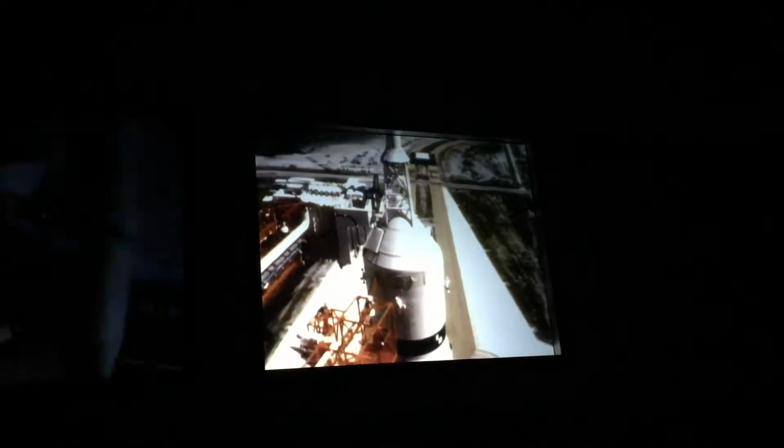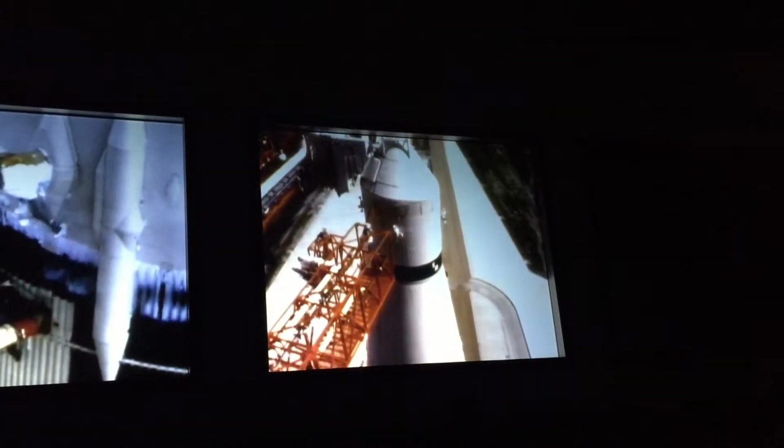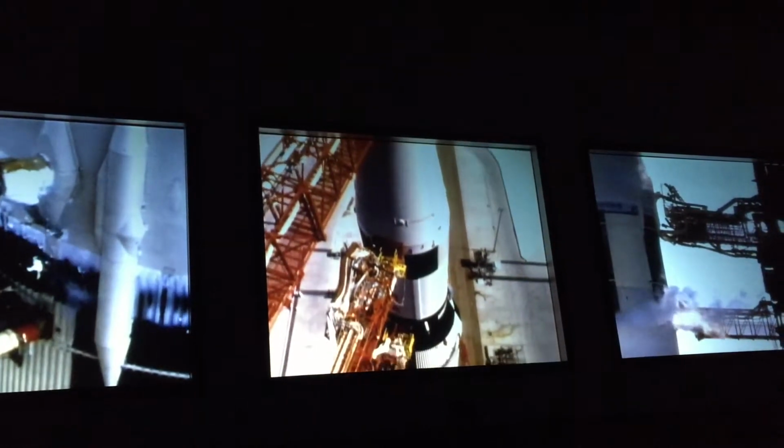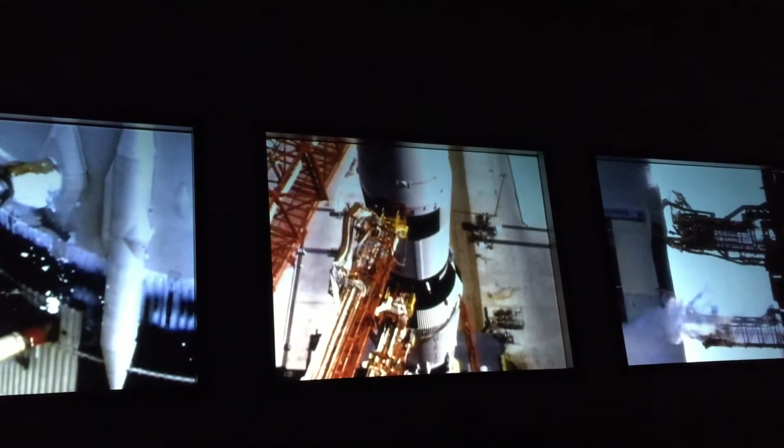36 stories high, she had been fully fueled throughout the night. The liquid oxygen in her tanks caused ice to form on the outside of the craft. The extreme temperature differences between the air and the sub-zero fuel caused the metal skin of the rocket to expand and contract. Everyone who was on the pad agreed. It was